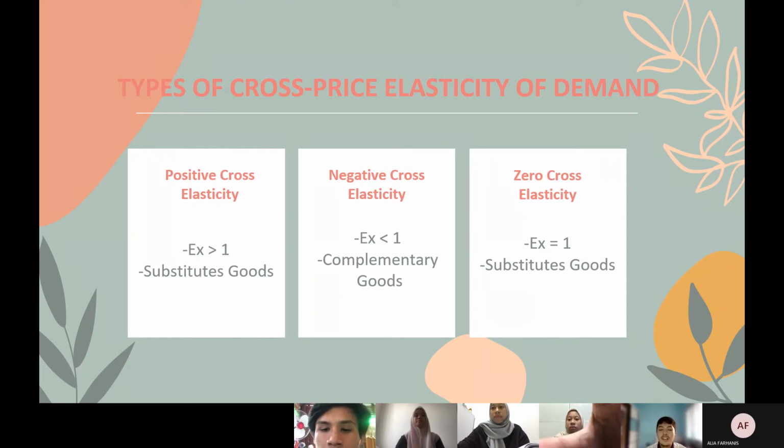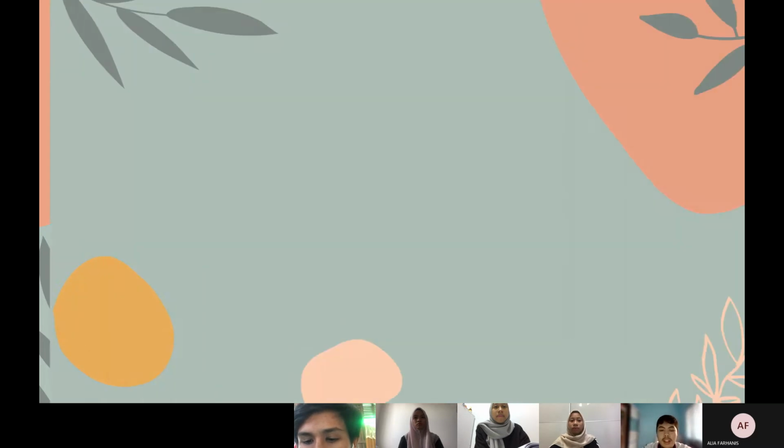Positive cross elasticity is when the price of good A increases, the quantity demanded for good B also increases. As we can see in the next slide,